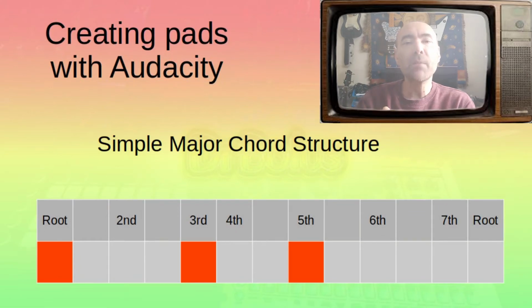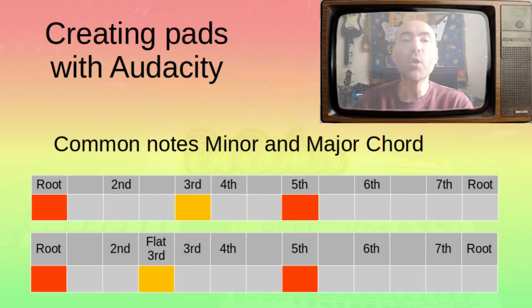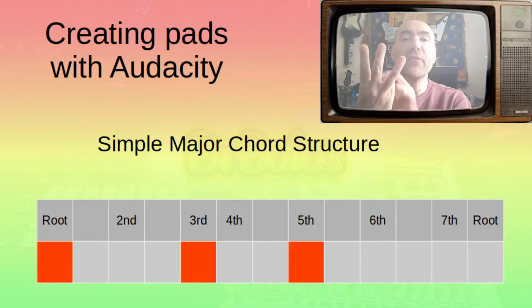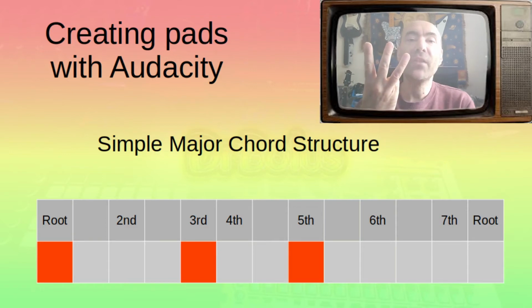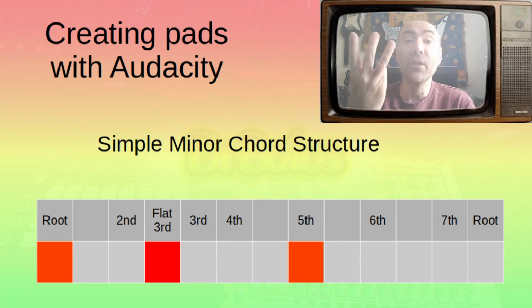The difference between something being a major chord and something being a minor chord is the third note. So in a chord, generally the most basic chords have three notes. You have the root note, the third and the fifth note, and if you have the major third, then that is a major chord. If you flatten the third and make it half a semitone lower, then that creates a